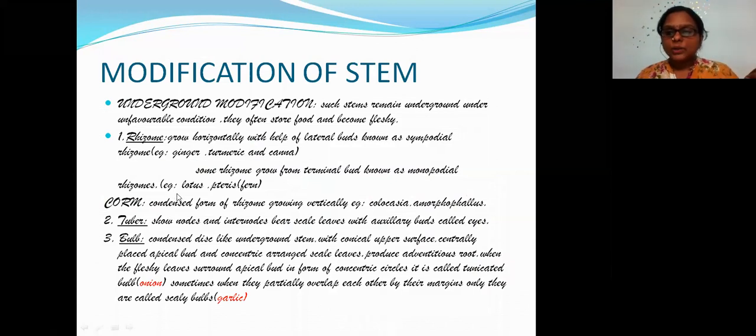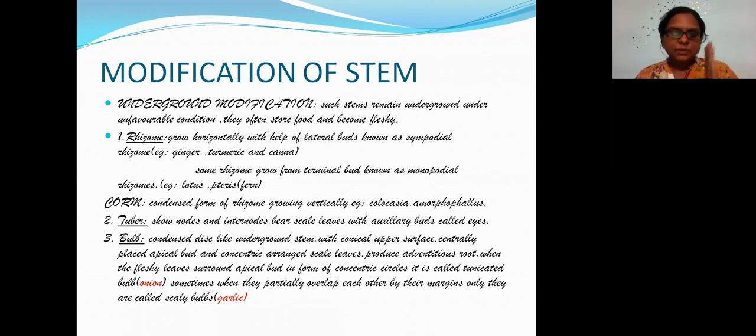Have you seen this lotus and all? They grow actually laterally, but when the lotus comes out, they come from the last bud, which is the terminal. That's why it just pops up. Okay. It's not lying like the ginger and all. It's not lying down on the soil. It pops up because the bud which is towards the end, that only comes out as a flower.